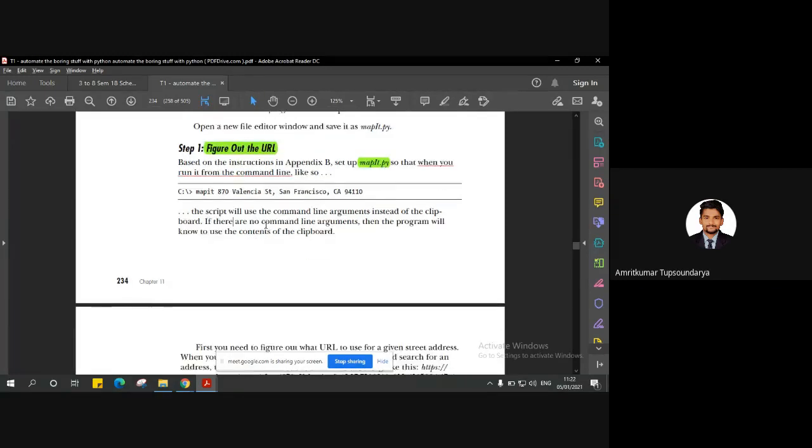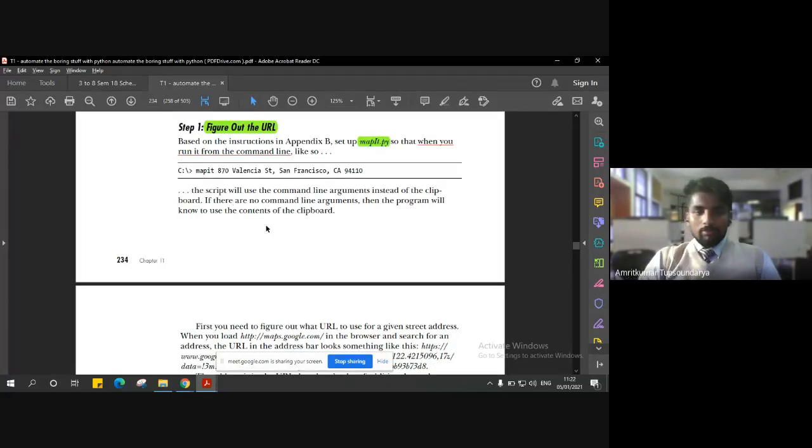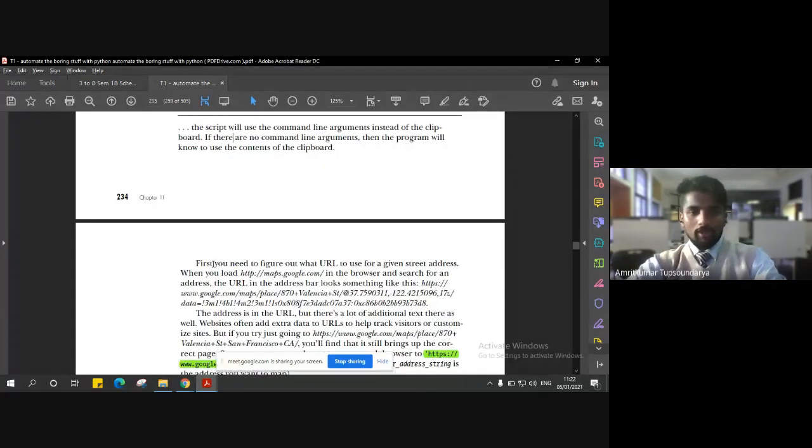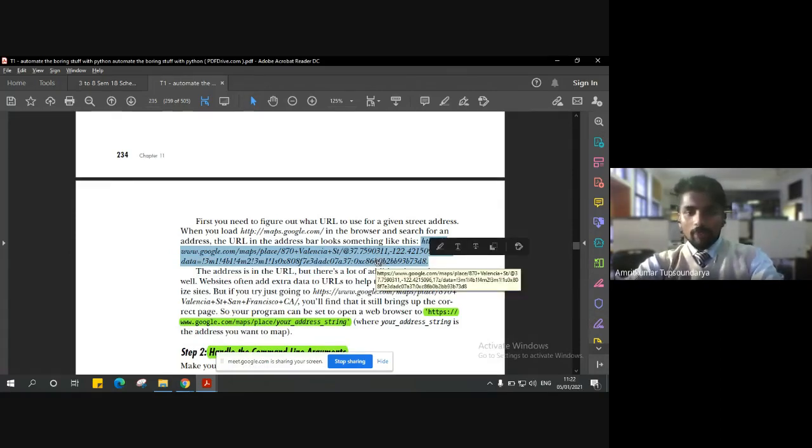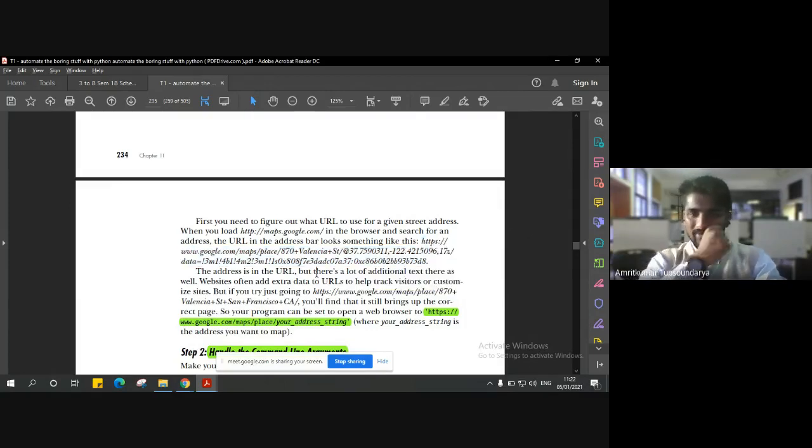If we have to make use of Google Maps, you all know the website link for that. That is maps.google.com. So that is the URL that we'll be looking for. But when you search for the exact URL, you might get a link like this: https://www.google.com/maps/places, and along with the address, you can see some special characters and random alphanumeric values. Those are no use to us. We don't know where that data is coming from, and we are least bothered about it.